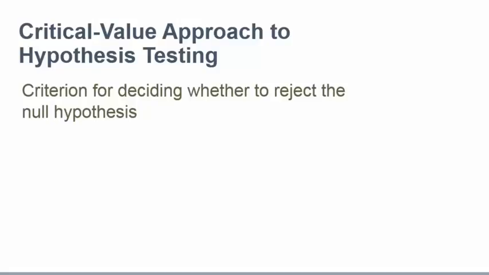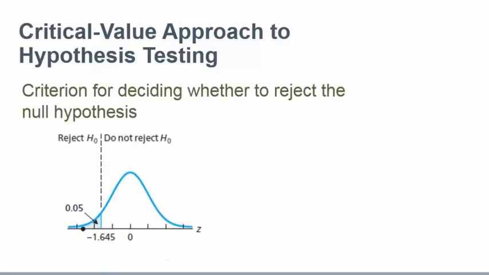Critical value approach to hypothesis testing. Criterion for deciding whether to reject the null hypothesis. We will always set up a normal distribution where we will label our z-score, our area,